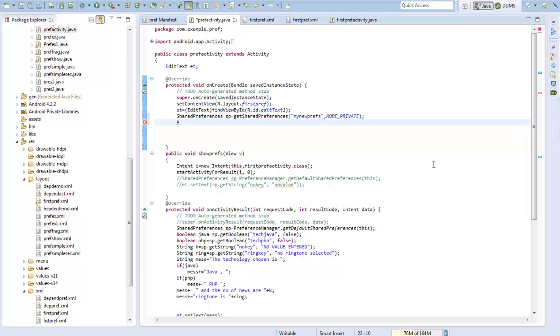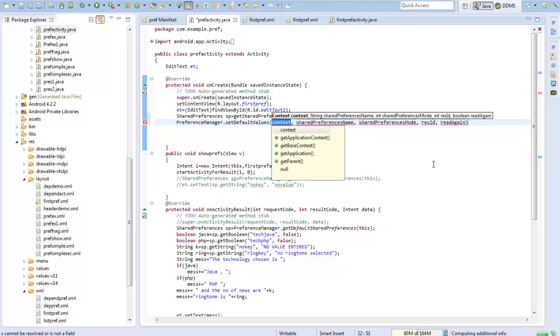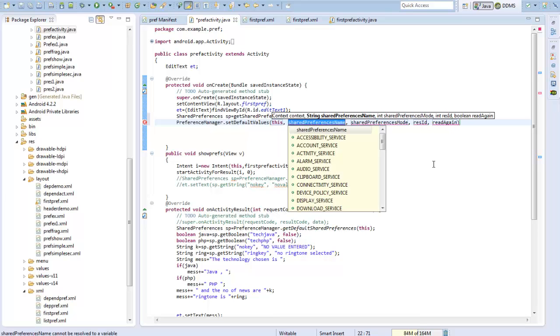So I have PreferenceManager.setDefaultValues. The context is this. The shared preferences file name I have put down